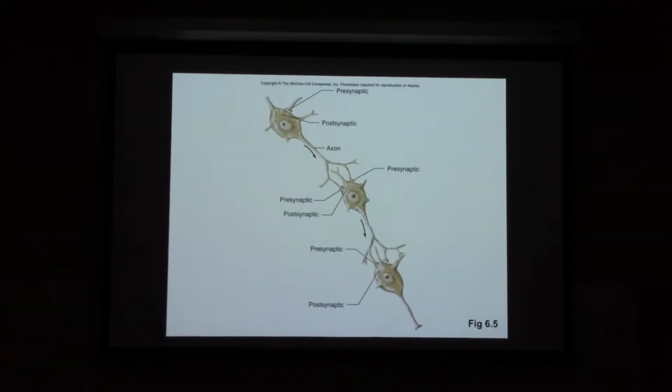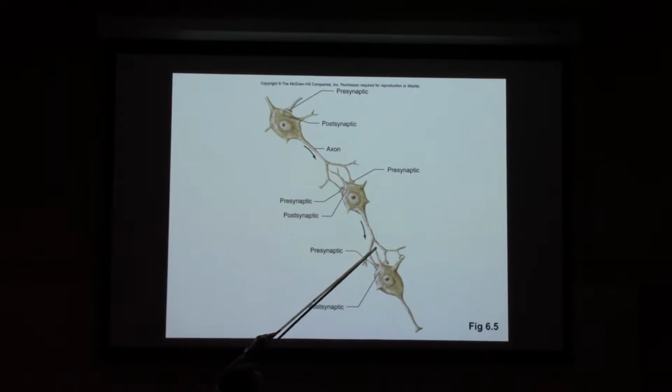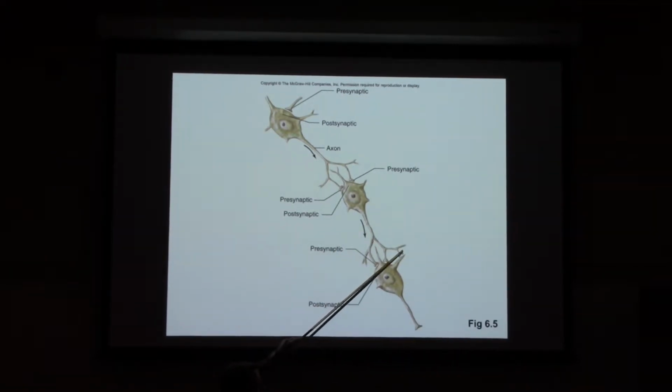All right. So what do we have here? We've got 3 neurons. So let's say this middle neuron was stimulated at, I don't know, a dendrite, for instance, generated a graded potential, reaches threshold, or it's at or above threshold at the beginning of this axon. Now we get an action potential. So that action potential is running down the length of the axon to all of these axon terminals. All right, so when you do generate an action potential, it spreads all the way to all of the axon terminals at the end of that axon. And the strength of that action potential is equal at the end of all of those axon terminals. Okay?